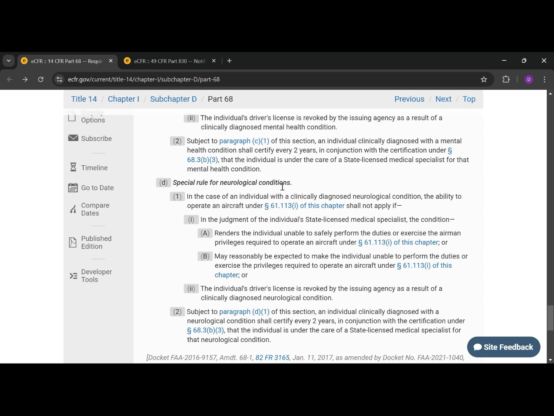The special rule for neurological conditions: in the case of an individual with a clinically diagnosed neurological condition, the ability to operate an aircraft under 61-113 of this chapter shall not apply if the judgment of the individual's state licensed medical specialist, the condition renders the individual unable to safely perform the duties or exercise the airman privileges required to operate an aircraft under 61-113I of this chapter, or may reasonably be